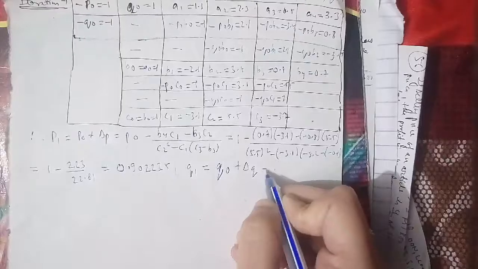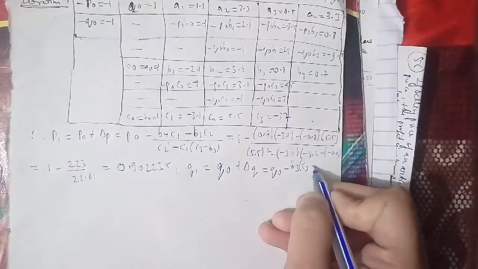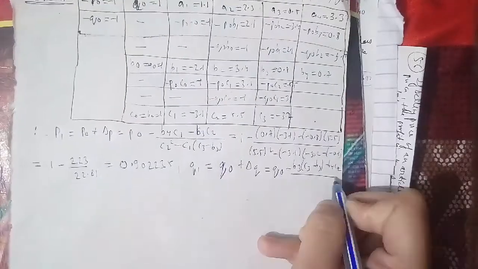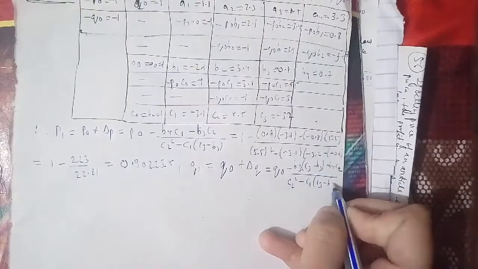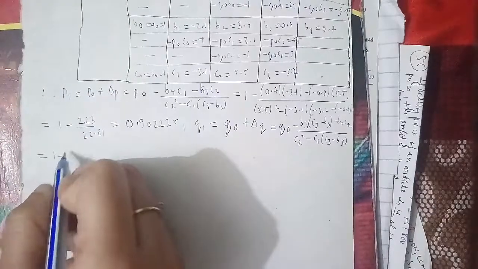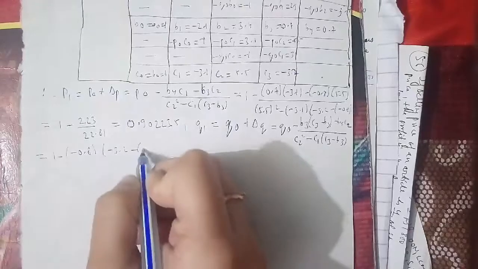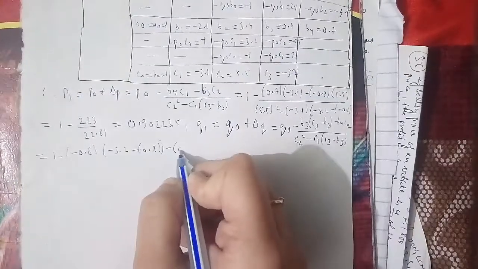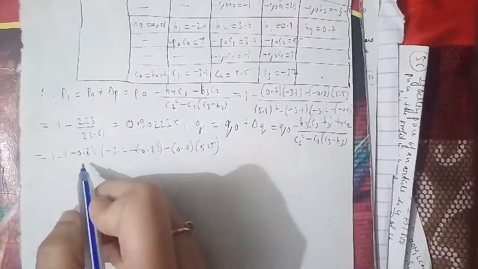So we'll put the values here: 1 minus 0.8 times minus 3.2 minus 0.7 times 5.5 upon 5.5 square minus 3.1 times minus 3.2 minus 0.8, which is equal to 1 plus 1.93 upon 22.81 equals